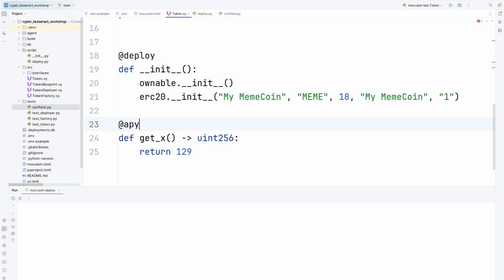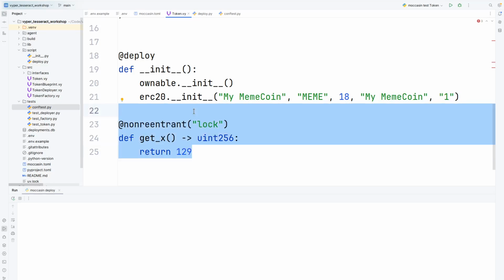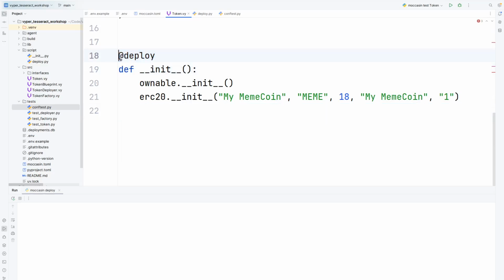If we want the function to be able to receive ETH, then we can make it payable. And finally, we have the non-reentrant decorator that allows you to protect your contract against reentrancy attacks. So those are all the decorators, but here we're only going to use the deploy one, because the init function is going to be called at deploy time. So, init, and then